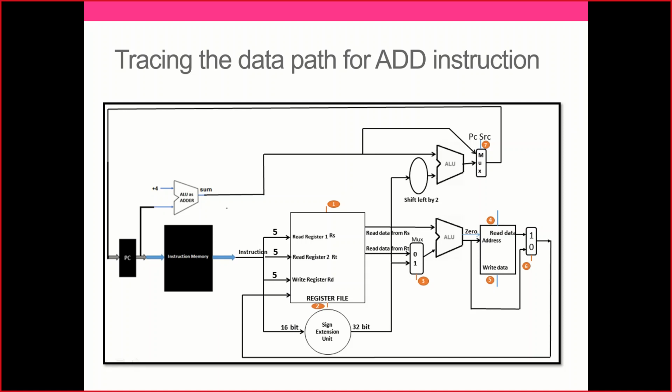What is the add instruction all about? It is all about the R type instruction. So this one will be enabled, this one will be enabled, this one will be enabled, and I'll have to use this also. And this box will be in the picture. For sure, this is there for everything, so I need not highlight it separately. Now I read the content from the first register. I read the content from the second register. It is an R type instruction, no other complications. So let's ignore 1. Let's go with 0.